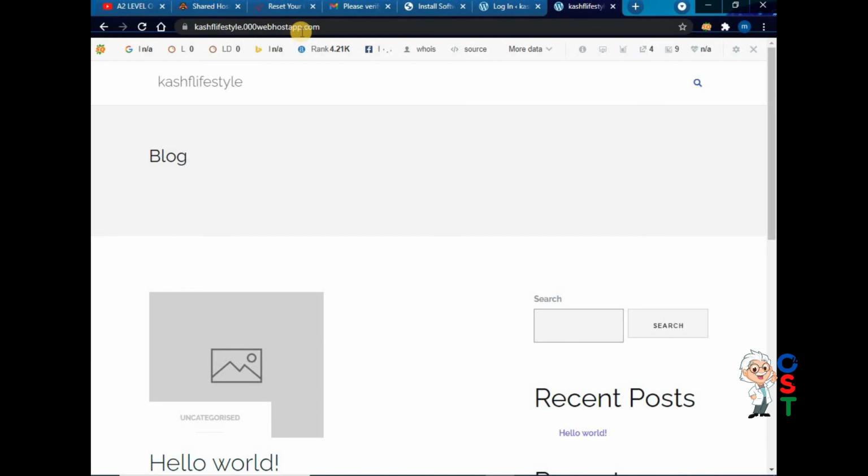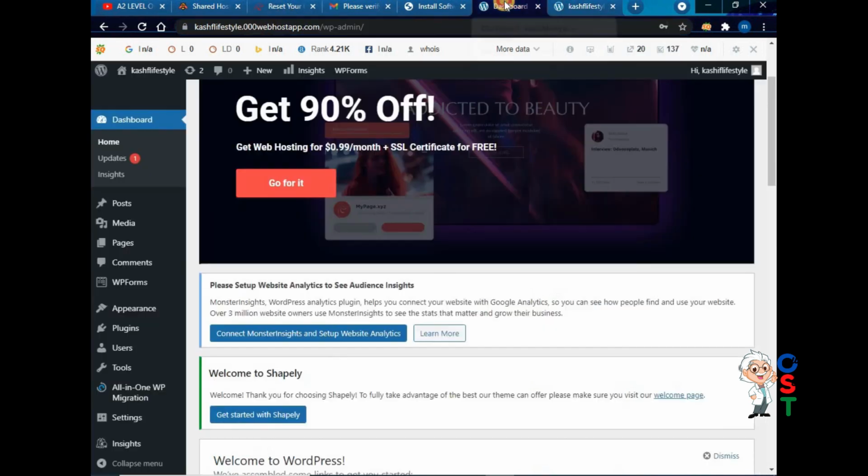Other persons will see this, and whenever I want to make my website, this back panel will be visible to me only, and I will never share my admin ID and password with anybody. Otherwise, that person can log into my WordPress back panel and make changes here.